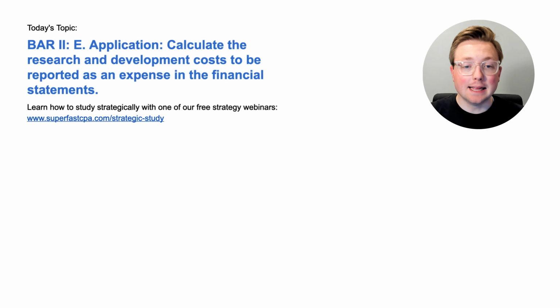This is Section E. This is an application topic. Calculate the research and development costs to be reported as an expense in the financial statements. And we're going to be doing that the SuperfastCPA way, which is diving straight into the questions to learn the